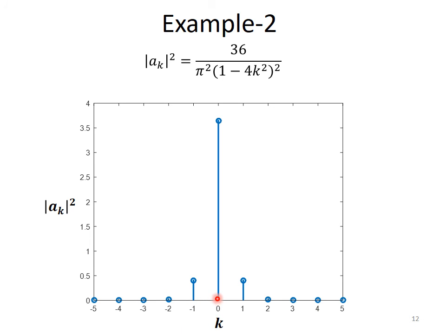You can again see that the maximum power is in the DC component, and it should be in the DC component because the output is pulsating DC. However, some of the power is still in the fundamental frequency component. If it was pure DC, then the maximum power would be at k equal to 0, and ideally the other frequency components should have 0 power. But we know it is a pulsating DC waveform, not a pure DC waveform, therefore there are still some harmonics in it, like this one, and this one.